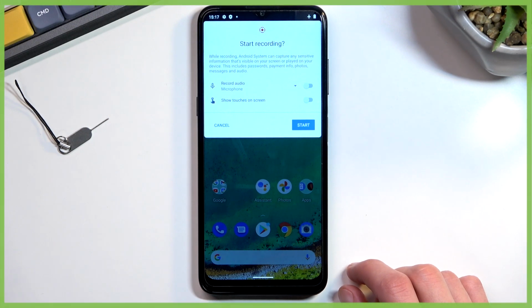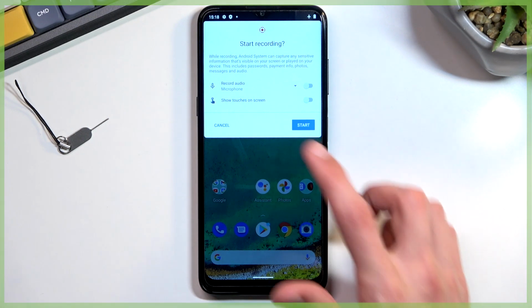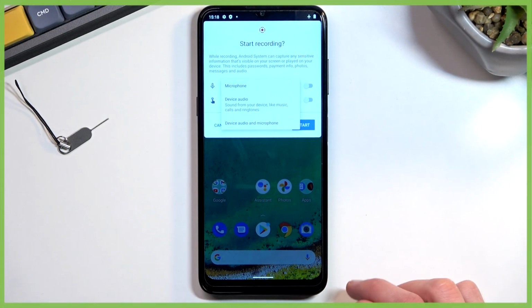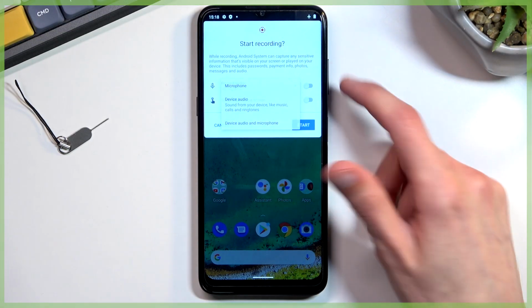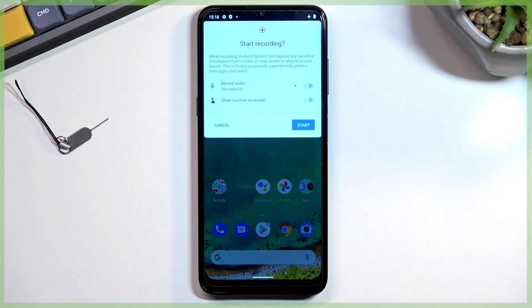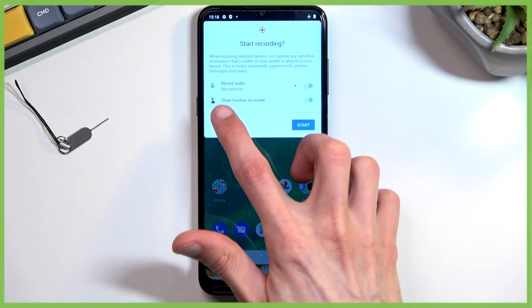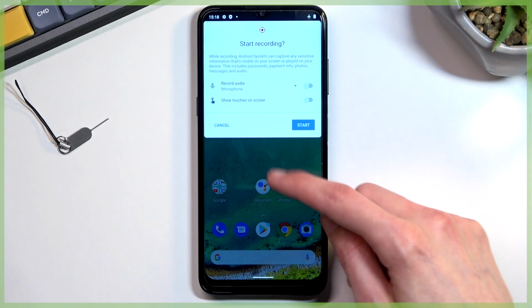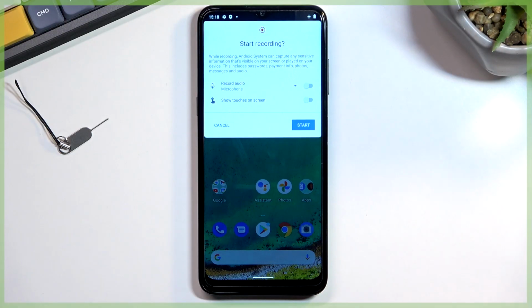And it gives us, I guess, all the settings that we have right here, which is record audio. So we have microphone, device audio, or both. And obviously, if this is turned off, it won't record any kind of audio. And additionally, show touches on screen. So if enabled, this will show a semi-transparent gray dot whenever you press the display, it will mimic where you were pressing the display, so it is visible on the